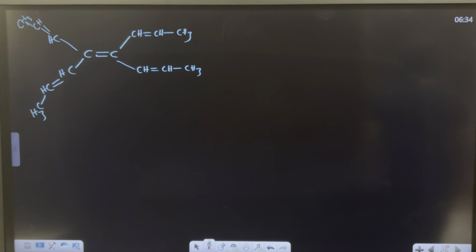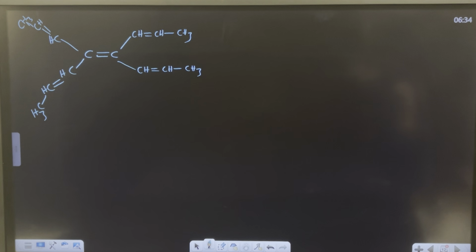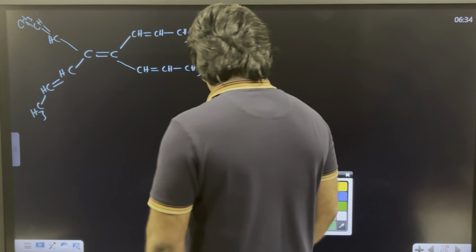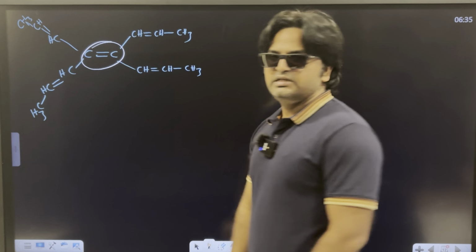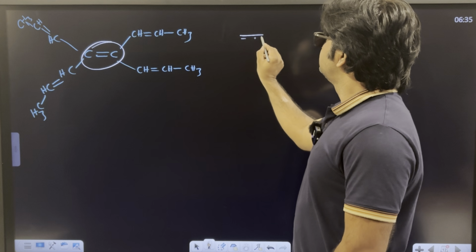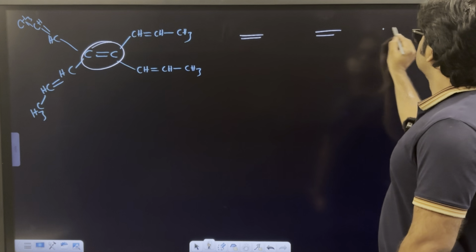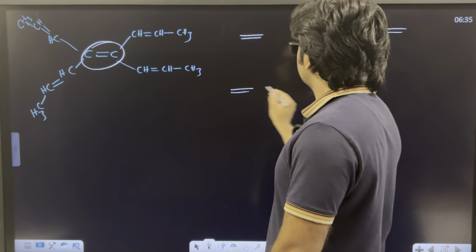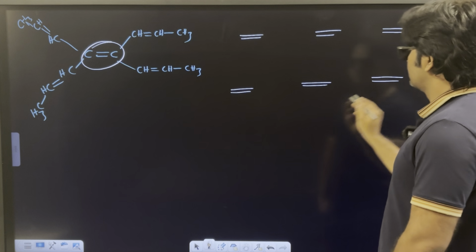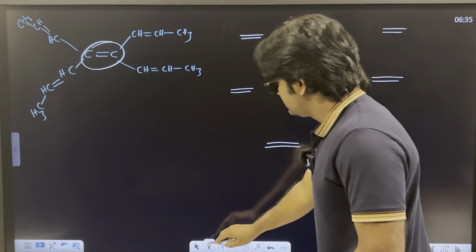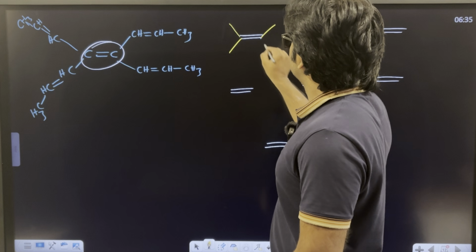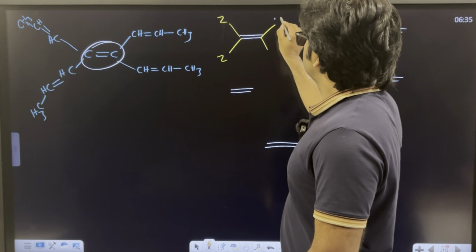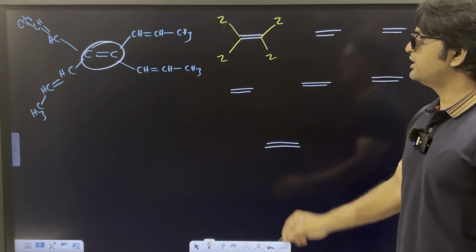What are the possible geometrical isomers of the given compound? Okay. First, I am trying to fix this double bond. Right. And what about the possible configurations? First I am trying with Z, Z, Z and Z. Okay. Right. Next one,